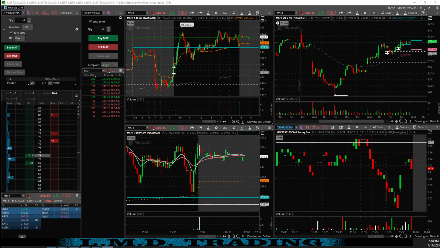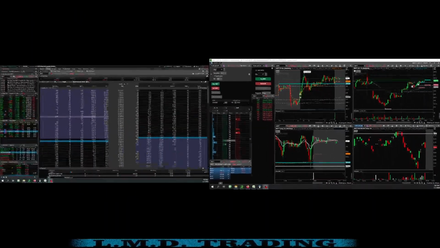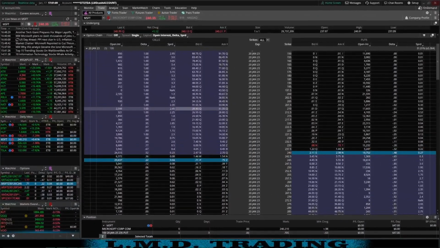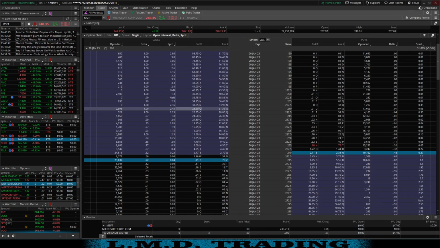If I'm using two screens, I'm going to take this back over to my right-hand screen. And you just have to visualize this. Remove that center screen out of your mind. And now I'm just going to be trading with the left-hand monitor, which is where the magic happens. That's my order entry screen. Get in and out of trades. And I'm going to use the right-hand monitor, the one with the main